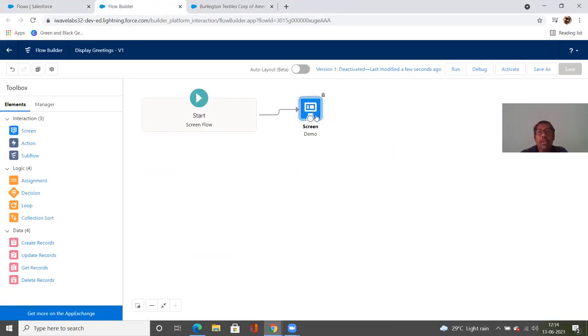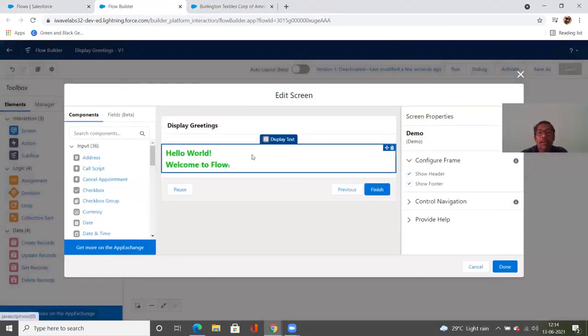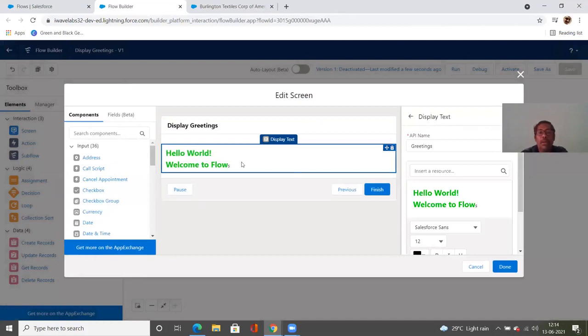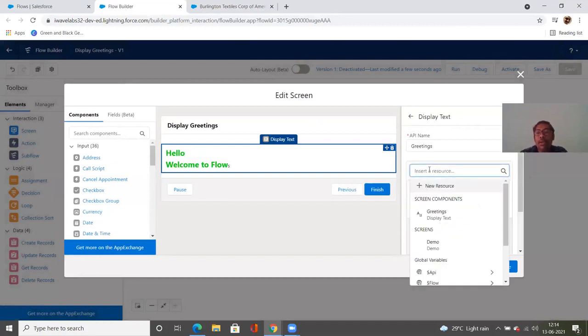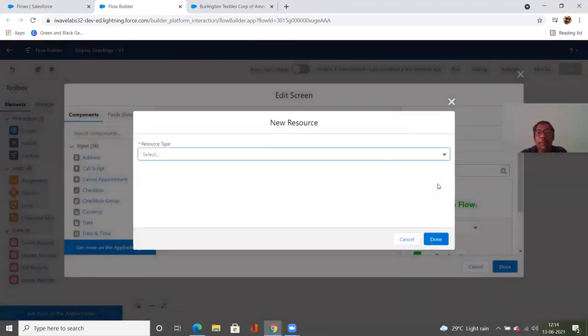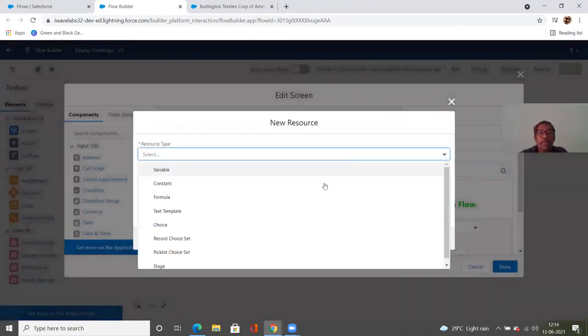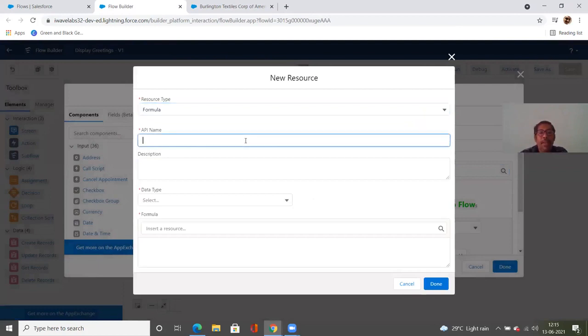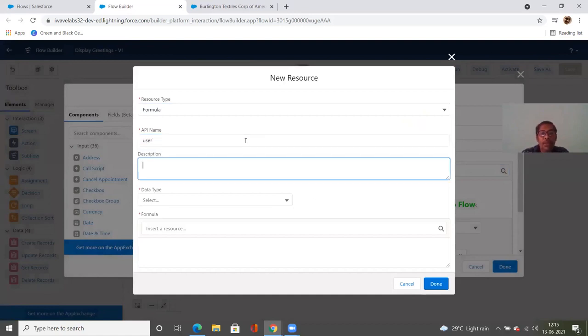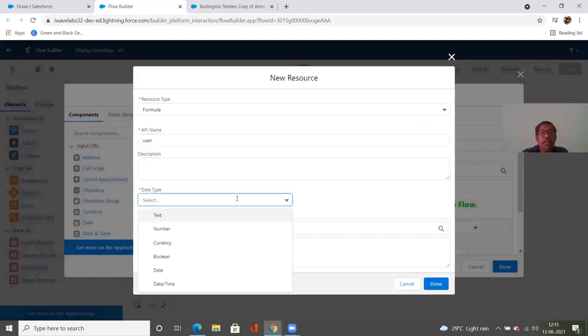Now again I click on screen. Now click here. See here, hello world is there. Now I'll remove this word and place my cursor there. Now click on new resource. Select the resource type as formula. The API name is going to be user, or display user, whatever you want to enter there.